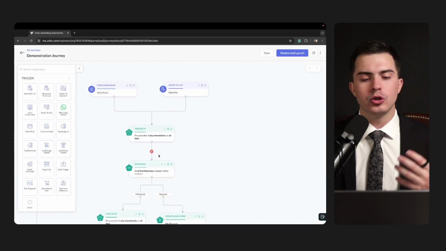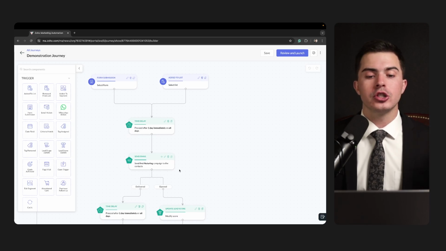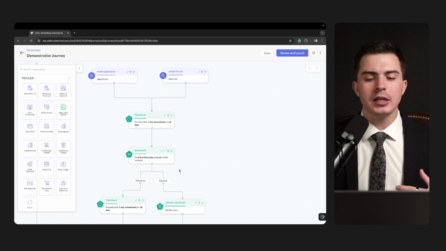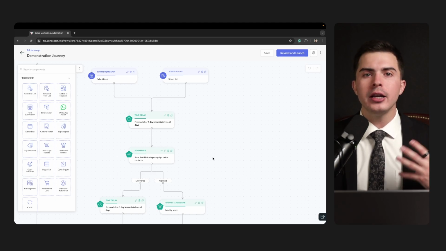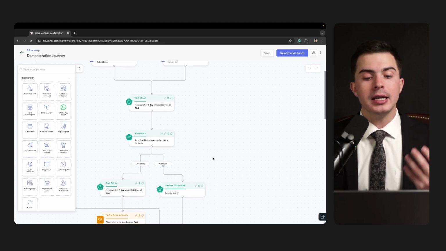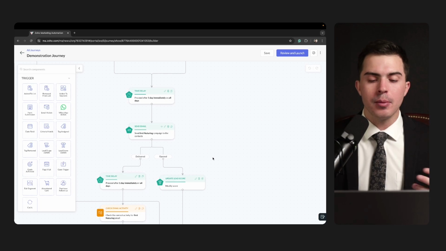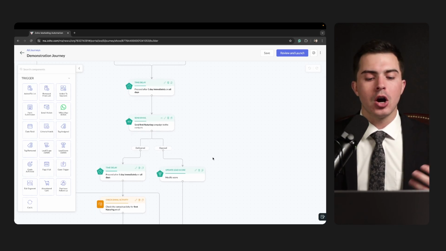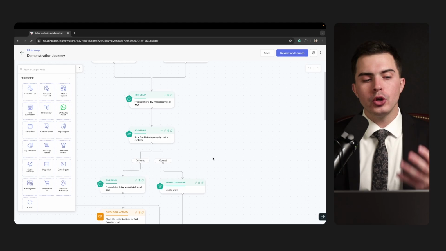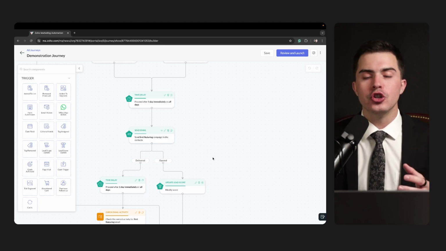To show you this demo journey, you can be proactive in the communications that you are going to send to somebody. So instead of sending out a newsletter at the end of the month, you could be more proactive and say, you know what, I know the 10 things that people are most concerned about when we offer our service. I'm going to make an email for each one of those concerns, breaking down our solutions and how we solve for these things. That way we can remove roadblocks and make it easier for people to purchase from us. That's when you would use a journey versus